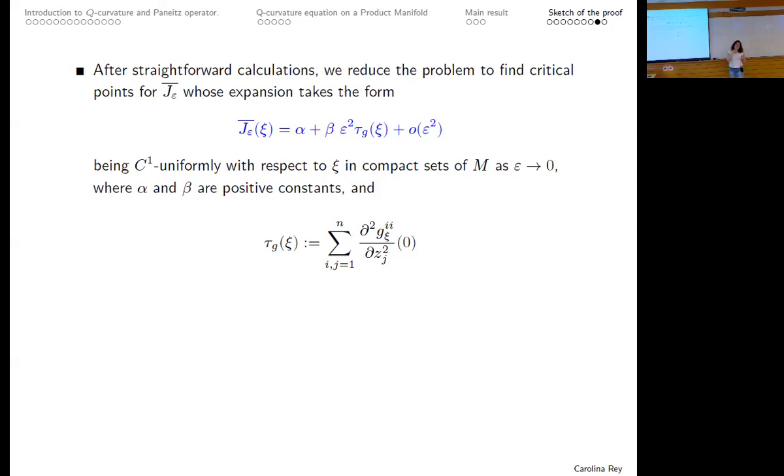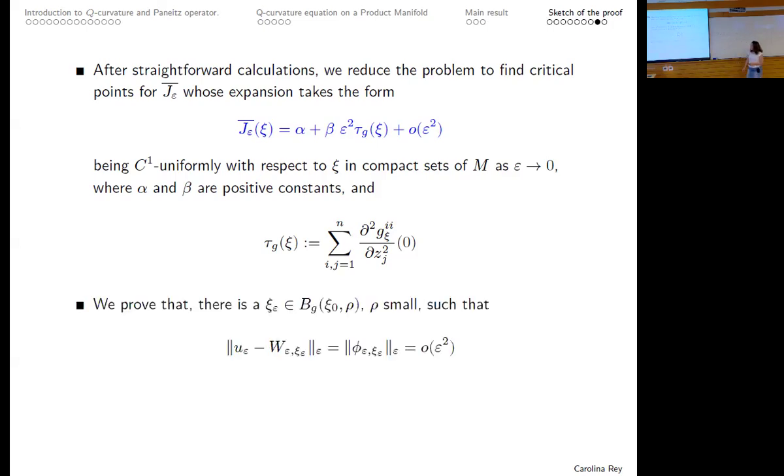Moreover, critical points of J bar will give us a solution of our problem of the form W plus phi. So what we prove is that there is always a critical point of J bar in a neighborhood of this C sub 0, which is